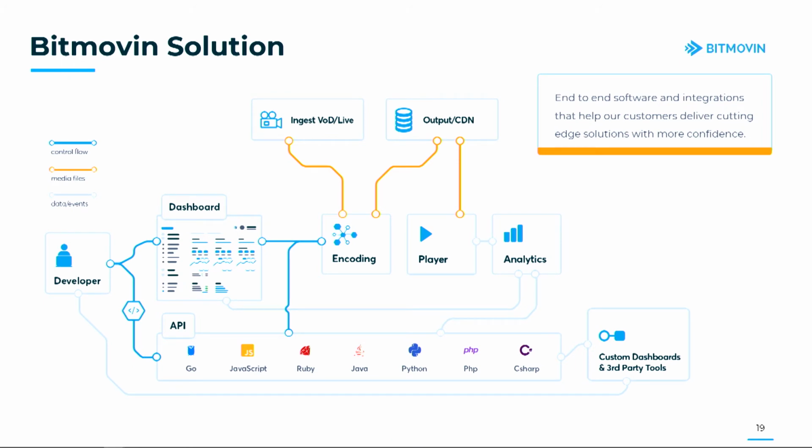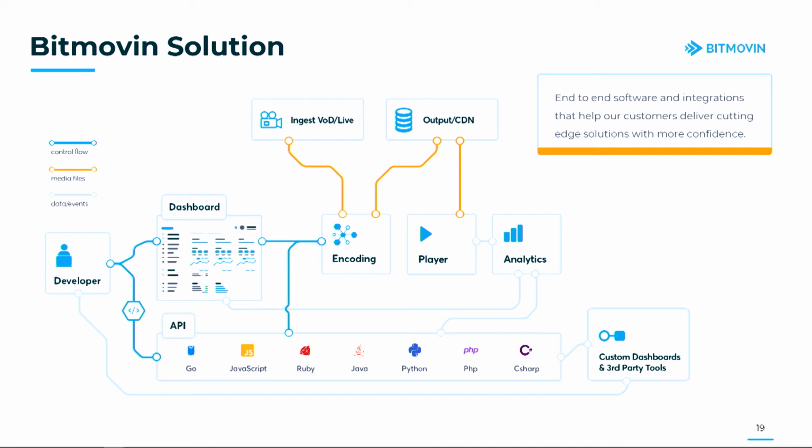But just to kind of talk about how this all works. This is kind of how we see the landscape and where our products plug in, but I think it's a useful visual for anyone. When you're implementing, you prepare the content through the encoder, you're going to distribute that through a CDN, you get your playback, and then you have an analytics tool. In this case, ours is listening to player events and providing that data back through into a dashboard that can ultimately start to inform decisions back into your pipeline,